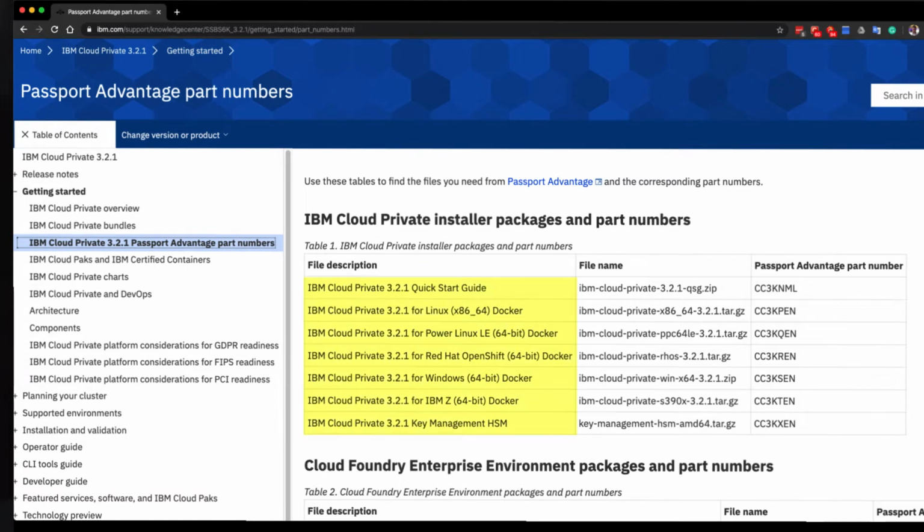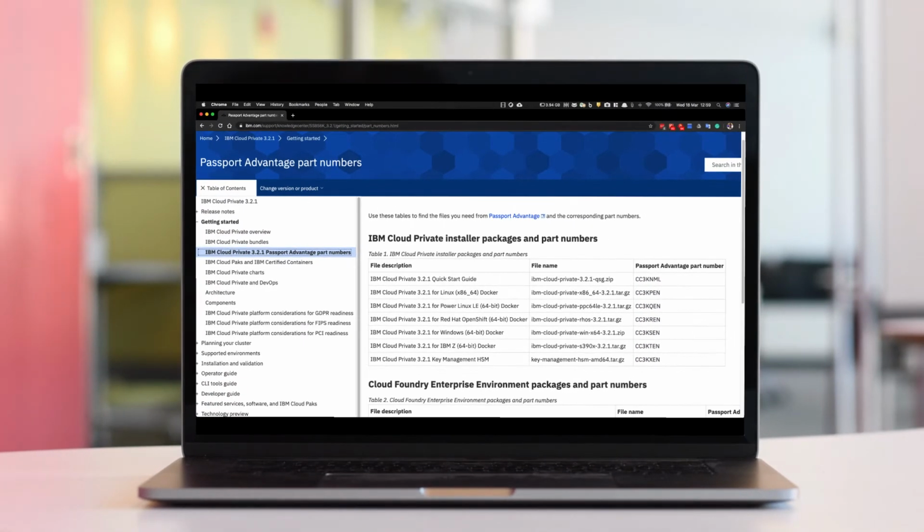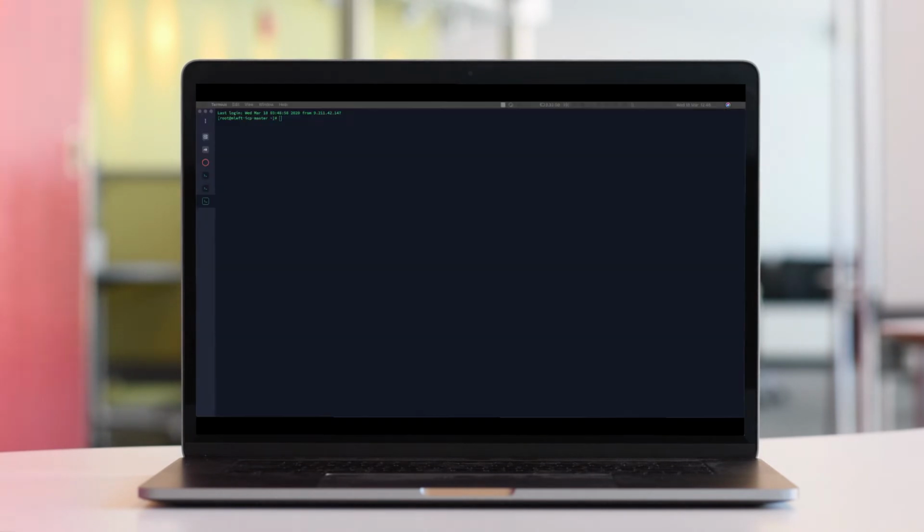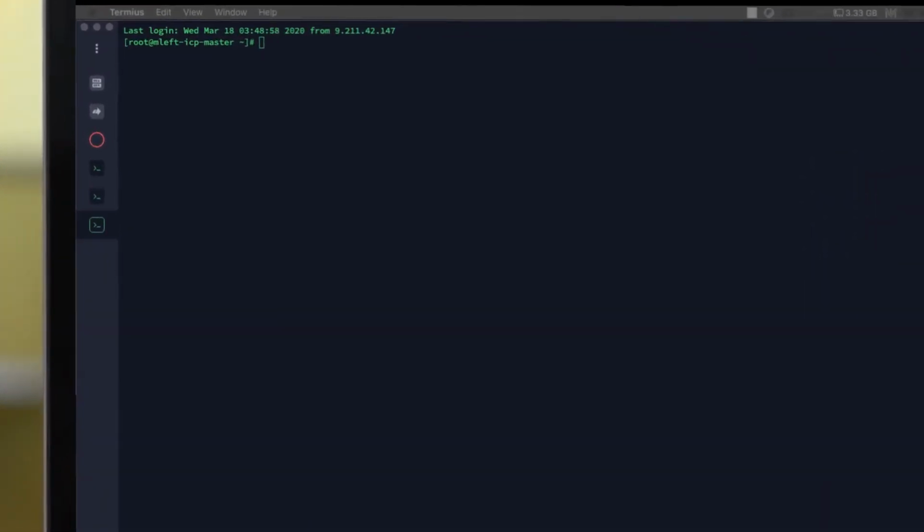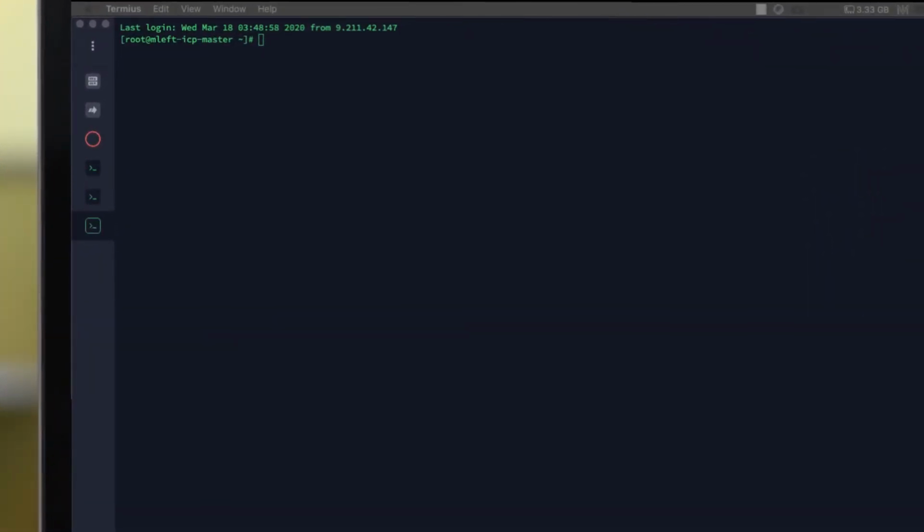I'm showing you on screen here the different versions of Docker that you can download, and most importantly the Passport Advantage number, which you can search for on the right hand side of this table. Once you have identified the correct version of Docker for your operating system, you need to download the Docker file to the boot node. In this case, I don't have a boot node, so I'm using my master node as